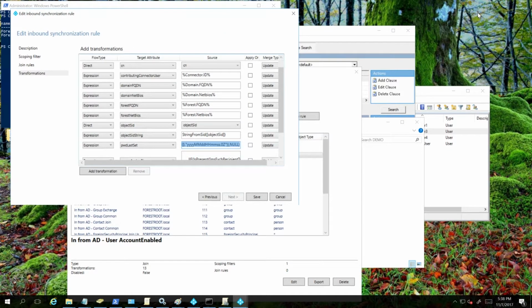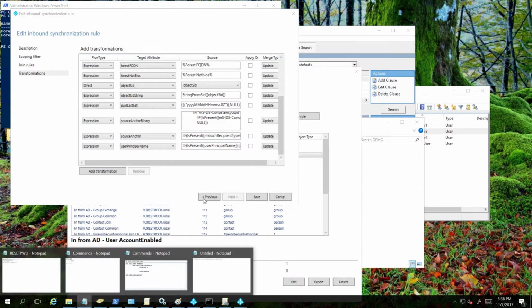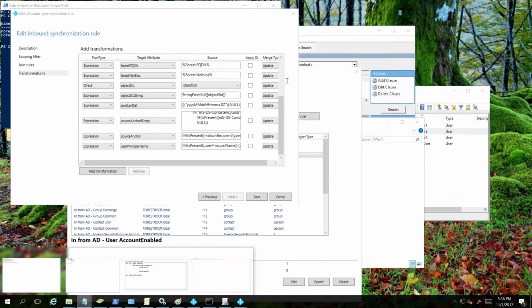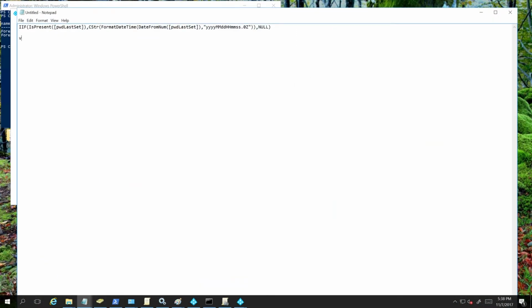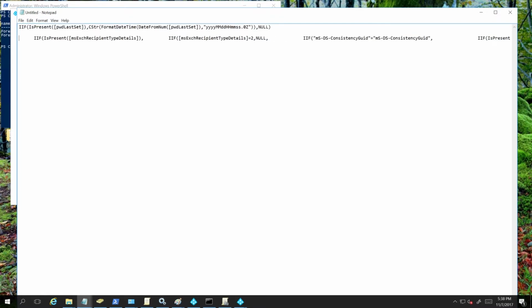So this is the easy one, and you can take a look at it at home. But this, for example, source anchor binary, which is one of the most important ones because it makes the immutable ID. If you take a look at that one, Control V. As you can see, it's a little bit longer. I don't know what the longest one is, but I think the longest one is like 3 or 4 lines